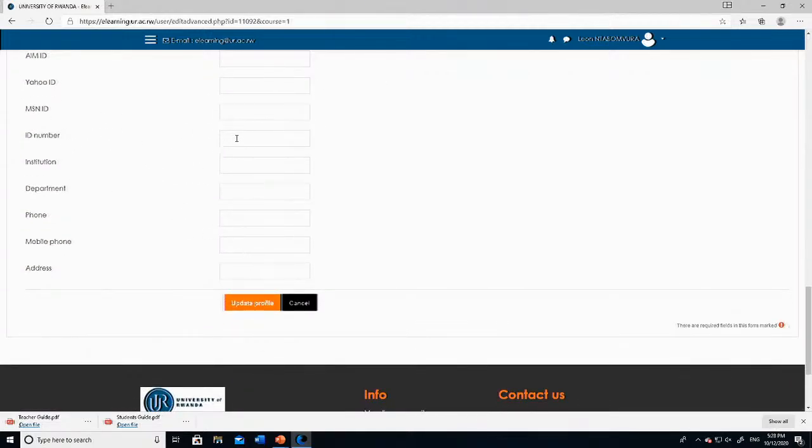But I want to come here to the ID number. For all students, you are supposed to add your ID number, which is supposed to be 9 digits. Your institution is the University of Rwanda. Then for your department, suppose I'm doing science. And my phone number should appear here in the mobile phone field. As I'm doing this from Rwanda, I can add our postal code. Then I click on